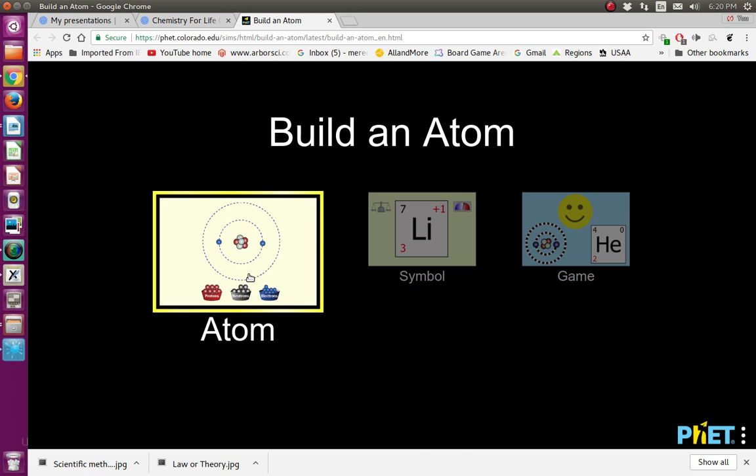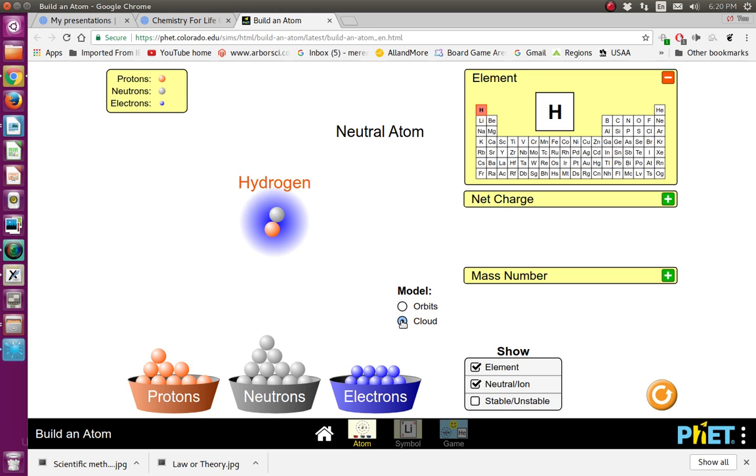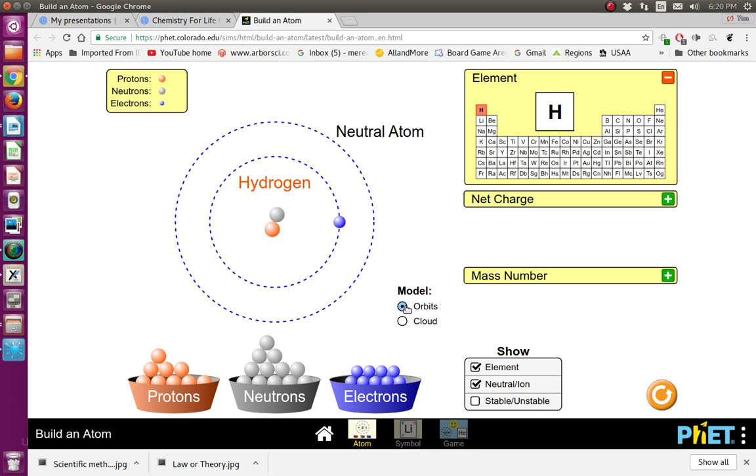So we're going to look at an atom, and we're going to create an atom. I'm using a computer model. I'm going to put some protons in the nucleus, and maybe a neutron in the nucleus, and an electron surrounding. And so I've created a model of the atom hydrogen. And I could actually look at it in different ways. I could put the electron cloud around the nucleus, or I could just show you the orbits, the main energy levels. This one has a lot of different things I could do, and I'm building a model to help us understand the atom.